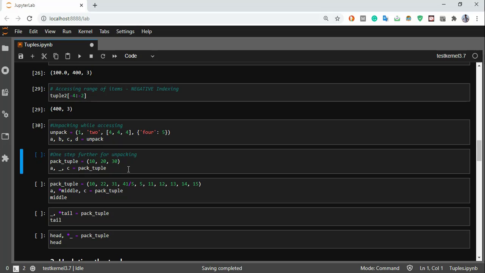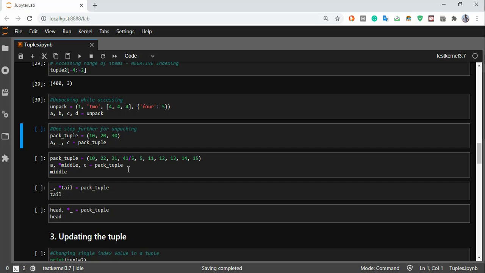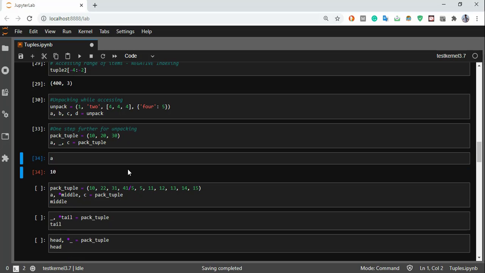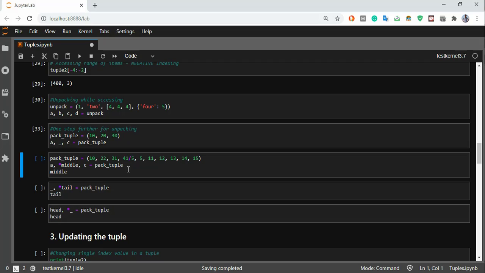Underscore indicates that we don't care about the values in between. So in this case, let's say I have a tuple pack underscore tuple. It consists of 3 values, and I don't care about the middle value. The very first value is assigned to a, the very last value is assigned to c, and all the middle values are assigned to underscore, which I honestly don't care about, right? So this is how you can do it.